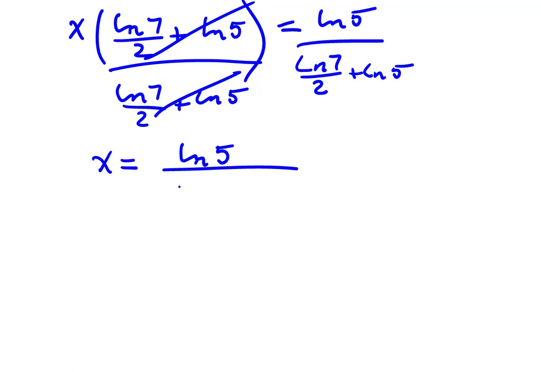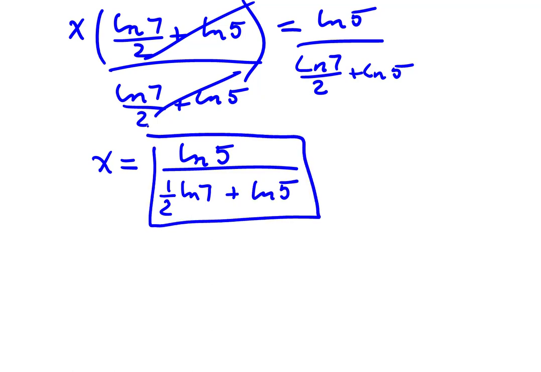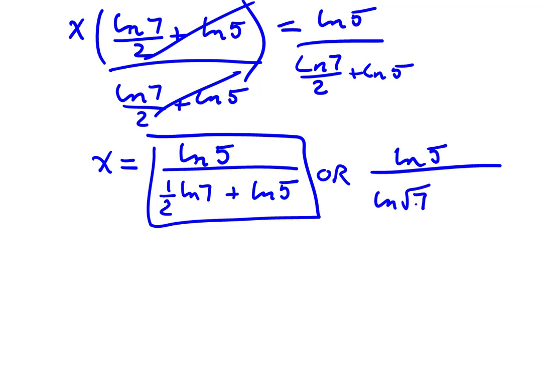which you could write probably a couple different ways. Let me show you some variety there. So this natural log of 7 all over 2, you could write that as 1/2 times the natural log of 7, right? Algebraically, that's the same thing. And then don't forget our plus natural log of 5. So you could actually call this an exact solution, or if you really wanted to get fancy, you could rewrite this as the natural log of 5 over, and then you could use the power rule backwards with this 1/2 coefficient and make this the natural log of the square root of 7 plus the natural log of 5